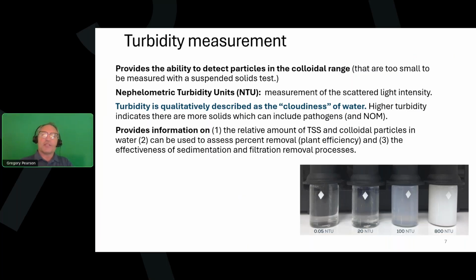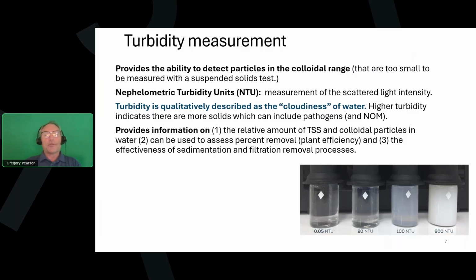But the turbidity gives us information. It gives us information on the relative amount of total suspended solids, including those colloidals that we can't measure in any other way. And we can use it in a couple different ways. For one, we can assess the overall plant removal efficiency by looking at the in versus the out, the influent versus the effluent. And we can look at the effectiveness of the sedimentation and the filtration removal processes for each